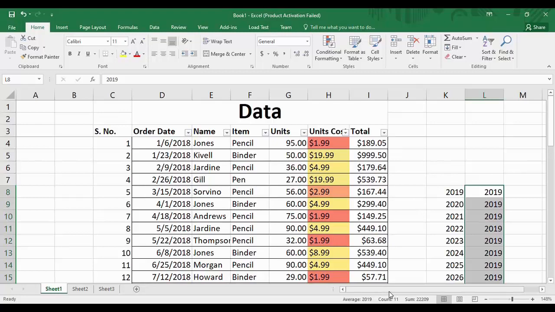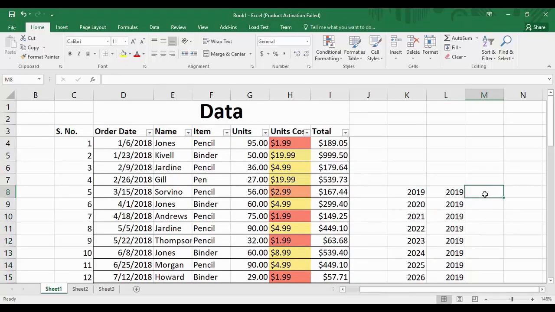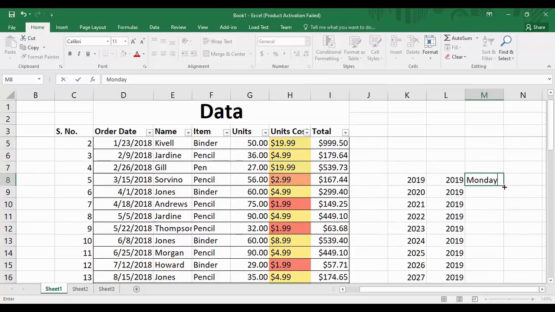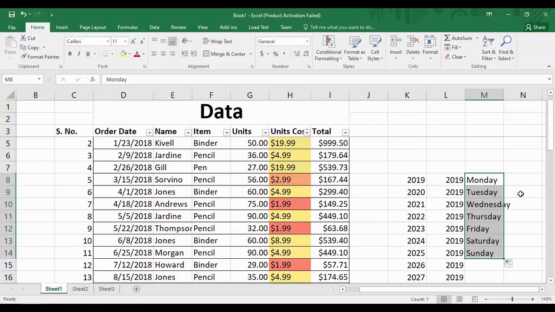Otherwise, an important thing that you need to know is, suppose you type in Monday, the first day of the week, which everyone knows is a universal thing. What Microsoft Excel will do when we drag it down is fill in the next values itself, like Tuesday, Wednesday, Thursday, and so on.